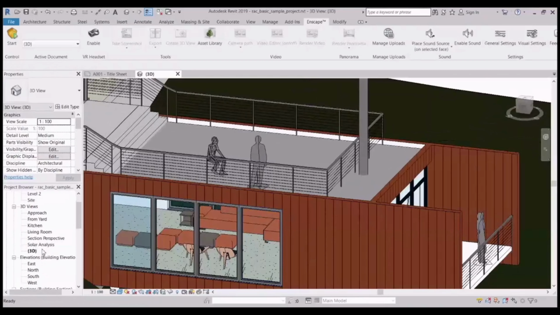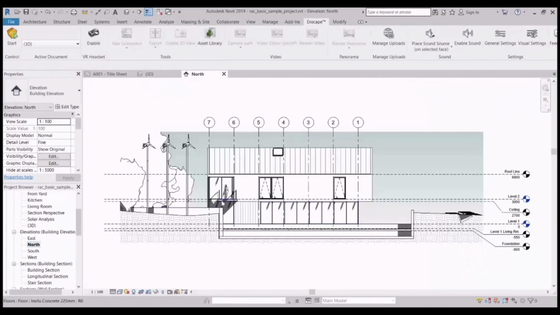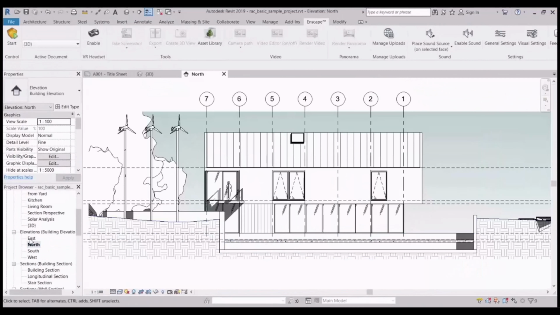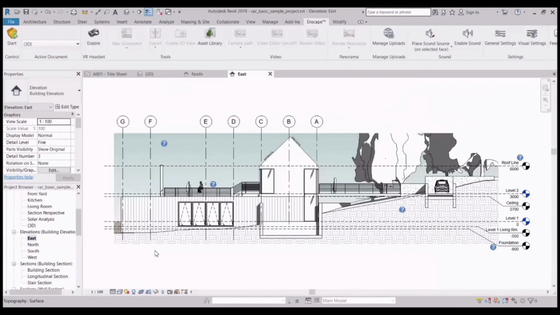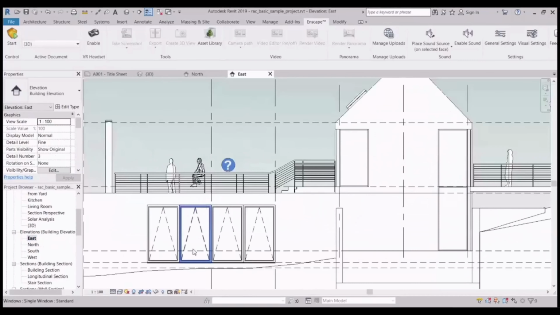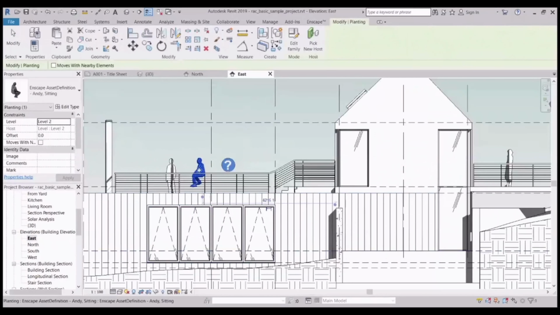So let's switch into one view. Let's check which view. Yes. So now let's drag him.